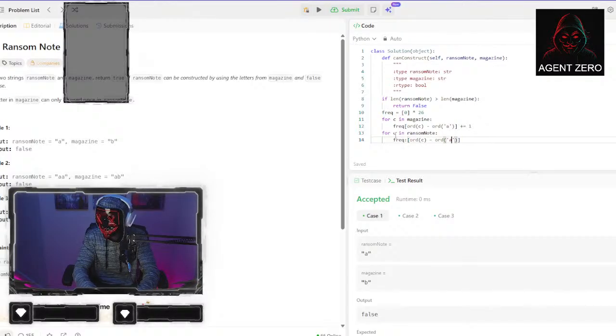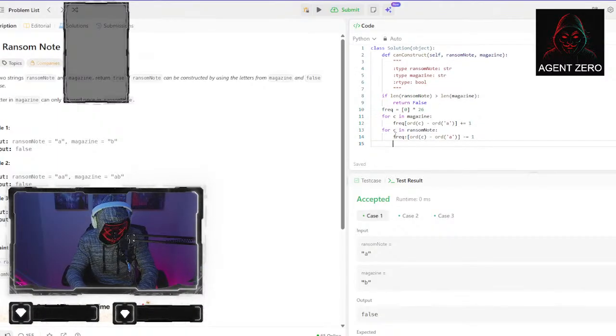Here, then we'll do this minus equals 1. Okay, and then if frequency